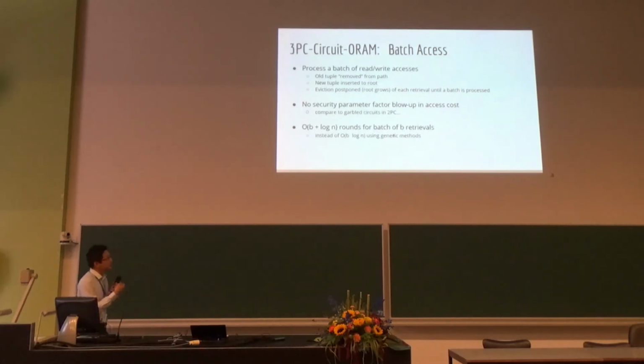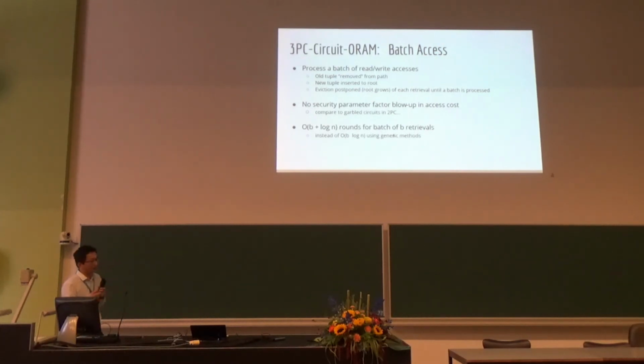So we can do some number of accesses and then come back and do this cleaning offline. The reason is that every time we do an access, we remove that data block from the original position and then insert it to the root node. So as long as the root node has enough capacity for holding these newly inserted data blocks,